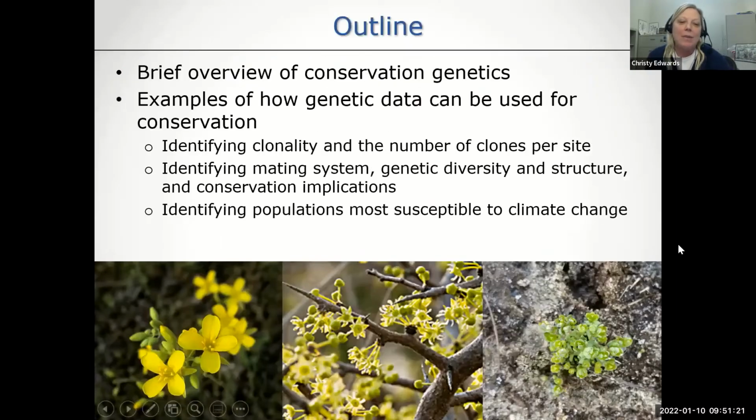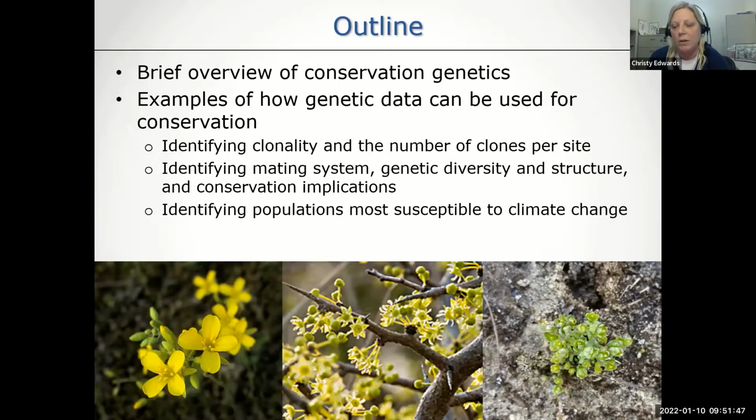Okay, so I am a conservation geneticist. And so obviously I'm a strong advocate for using genetics to inform conservation efforts. What I'm going to do today is try to give you a broad overview of conservation genetics and then highlight some areas and some information where you can get good information